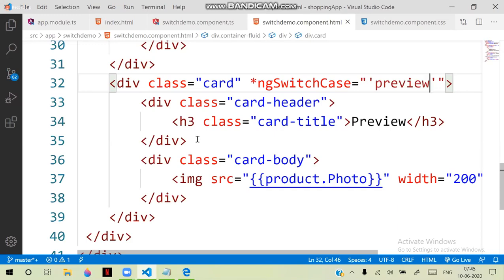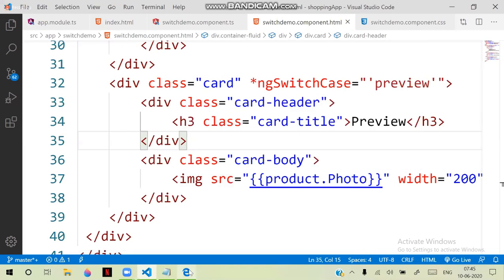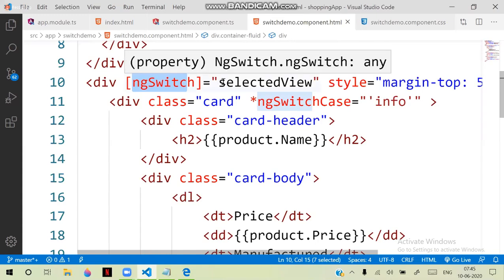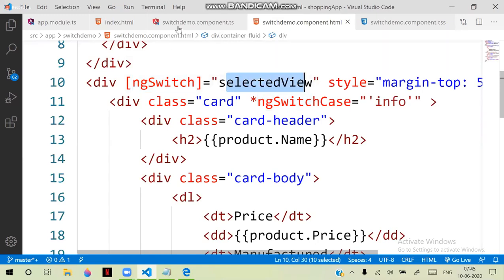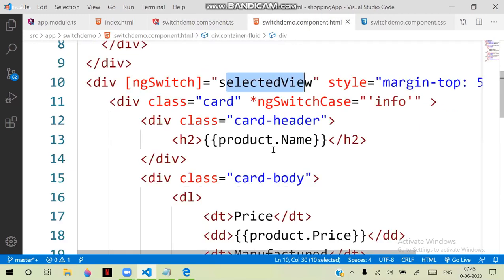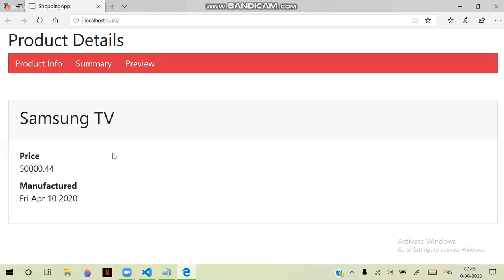So what I can do here is, I want the views. You can observe carefully now. The current switch is using the selectedView property. The selectedView property has the value info. In the switch case, info is matching with the first card. Then you can see only the first one will be displayed. That means in the page, the other details are not here. I will keep here more